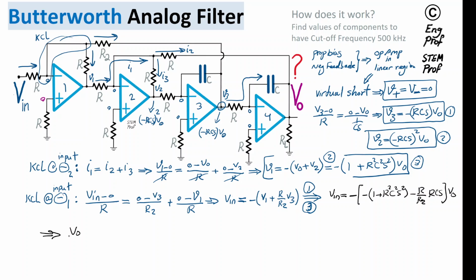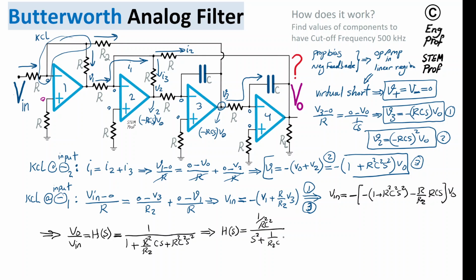We found the transfer function, which is Vout over Vin, or the transfer function of this filter or this amplifier or this circuit, is simply 1 over 1 plus R over R2 times RCS plus R squared C squared S squared. And if we just reshuffle things again, we get H of S, or the voltage gain of the amplifier, is 1 over R squared C squared divided by S squared plus 1 over R2 C S plus 1 over R squared C squared. So the benefit of finding the transfer function this way is that now